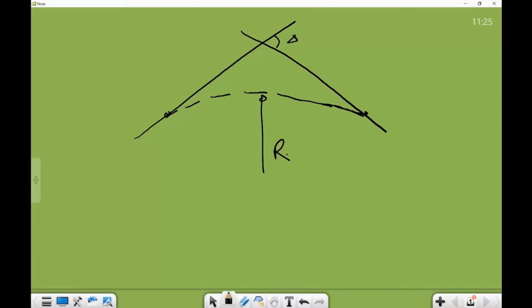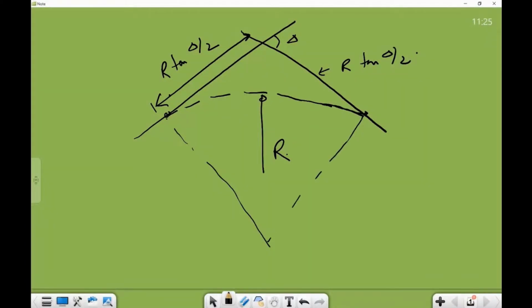These two are common tangents, and this length, if this is delta, this is radius R, this is R tan(delta/2). This is also equal to R tan(delta/2). If I convert this into a circle, now when I am going to plan my laying of transition, my transition is going to start from somewhere here. Suppose I plan to provide a transition of equal length at both ends. So this is how I plan to provide my transition. This is L1, and this is also equal to L1. And if I make my Versine diagram,